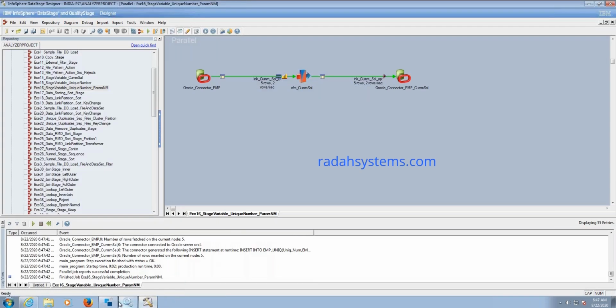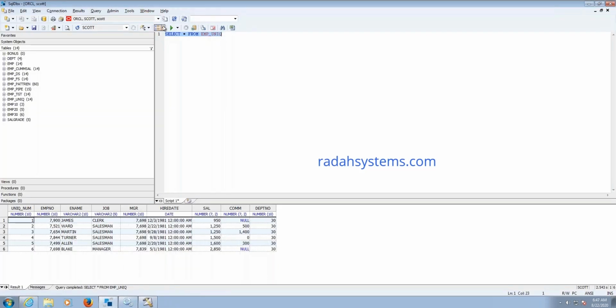Yeah, it got completed. Now I will run the SQL statement one more time. Now 20 came. So we have given 20, and the 20th department data is loaded into the target table.